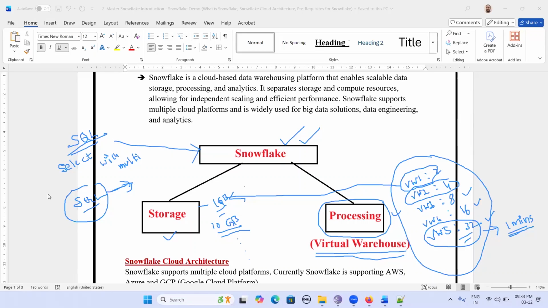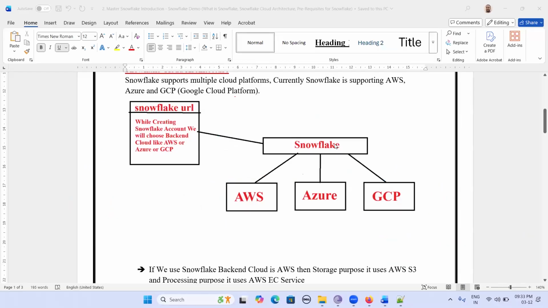Let's understand Snowflake cloud architecture. Snowflake is cloud data warehouse software. While creating an account, we can select a backend cloud. Currently, Snowflake supports three cloud environments. First factor of selecting a cloud: